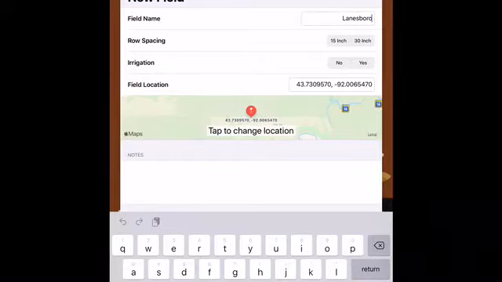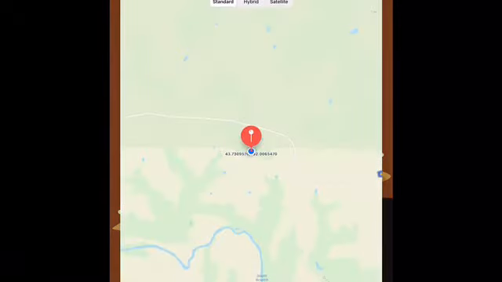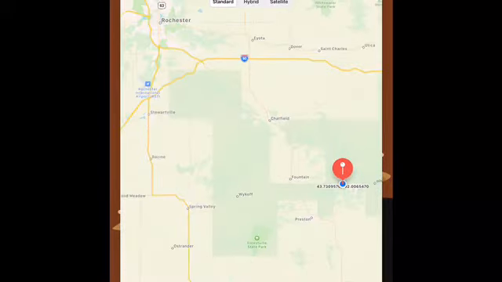You can pick the row spacing. We're on 30-inch rows. Irrigation, we are not irrigated, and it'll generally locate exactly where you're at. And if you're standing in the field, or if you want to select a different location, you can go ahead and